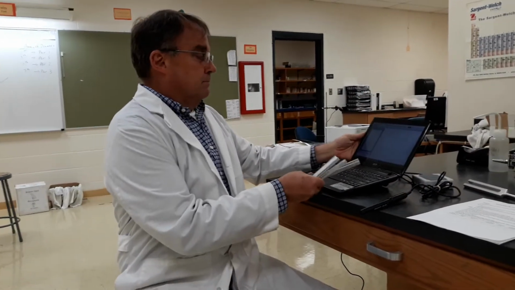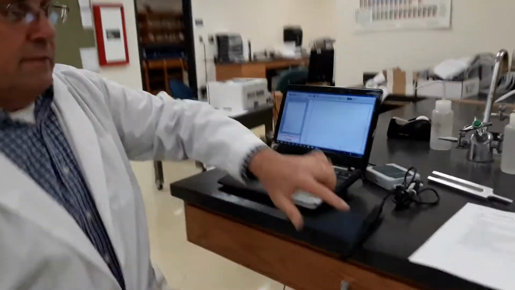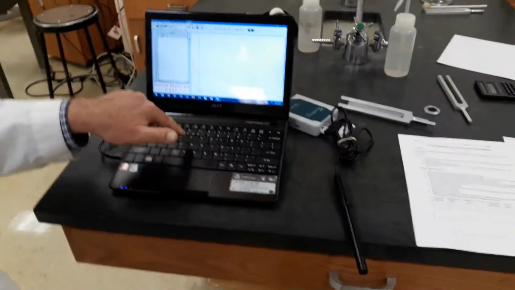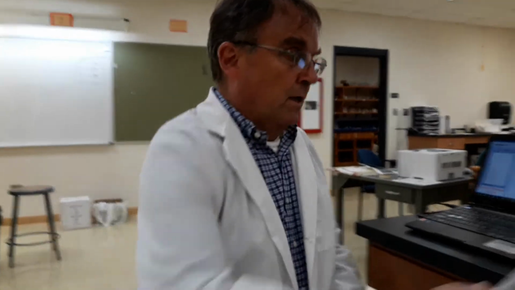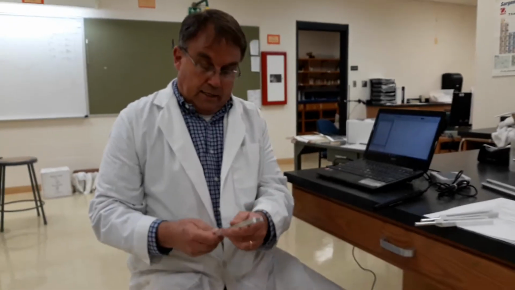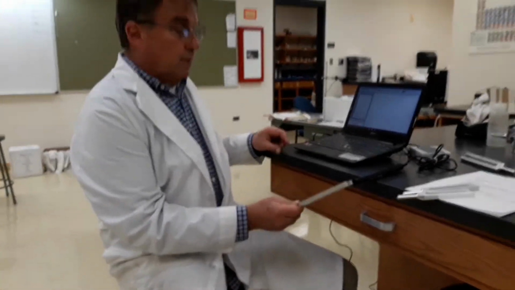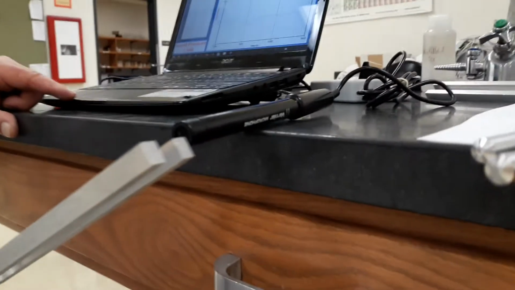So this video lab is investigating properties of sound waves. To do that, we are going to use an app that allows this simple microphone and the app to act as an oscilloscope, which makes sound waves visible. It converts them into sine curves. So the instructions say to take a tuning fork and then put it in front of the microphone, and